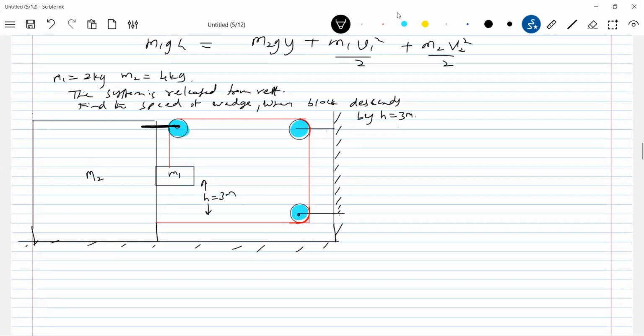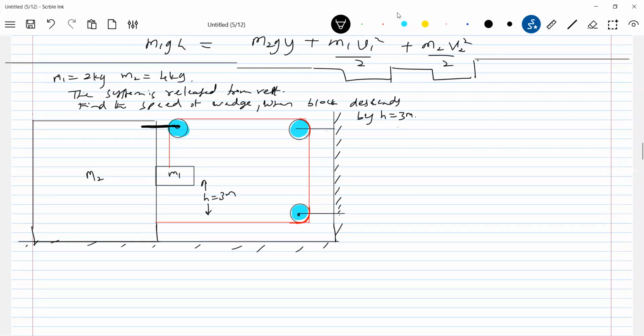Let's not bother about anything. Sir, can I apply conservation of mechanical energy or not? That's the first question. So how to judge this? Only thing is, first you have to go for a free body diagram, no? What all forces are acting and which forces are doing work, which are not doing work. Then only you can justify. Not by looking at the numerical. You have to really dig a lot.